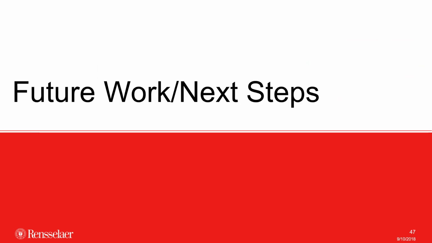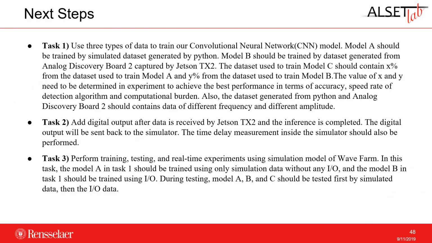So finally, I will talk about my future work and next steps. My future work contains 3 tasks. The first task is to use 3 types of data to train our convolutional neural network model. The first model should be trained by the simulated data set generated by Python, and the second should be trained by the data set generated from Analog Discovery 2 captured by Jetson TX2, and the third model should be trained using